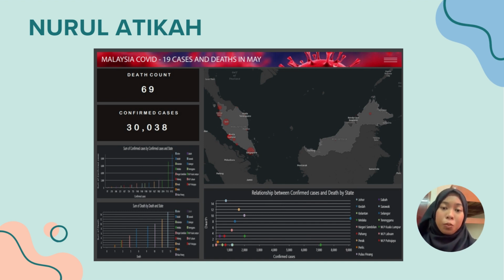Hi, for this project, I have displayed some information about COVID-19 in Malaysia, which will occur in May 2023. The dashboard shows information such as the overall number of confirmed cases and deaths, as well as the number of confirmed cases and deaths that have been counted. For the number of confirmed cases in Malaysia, as well as the death rate, I use a bar chart to display the data, whereas a scatter plot chart is used to show the relationship between confirmed cases and death by